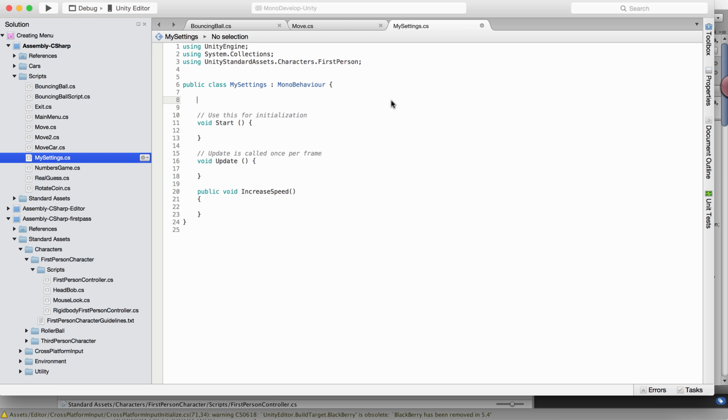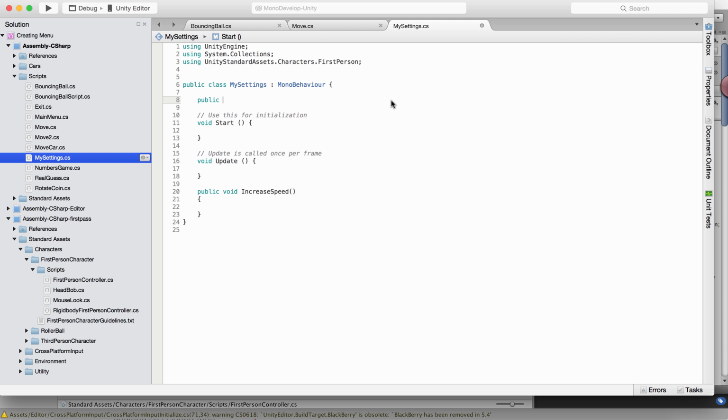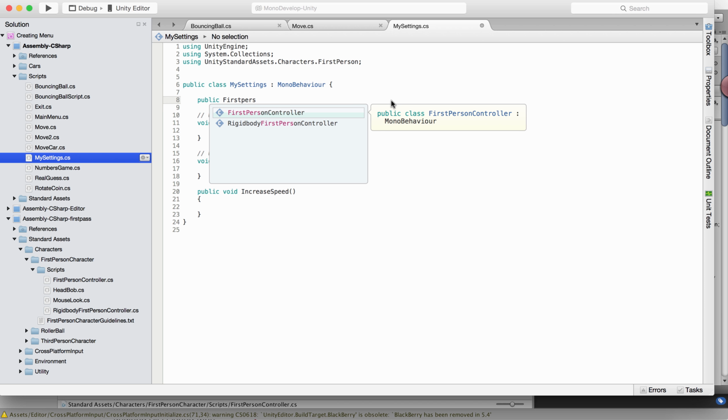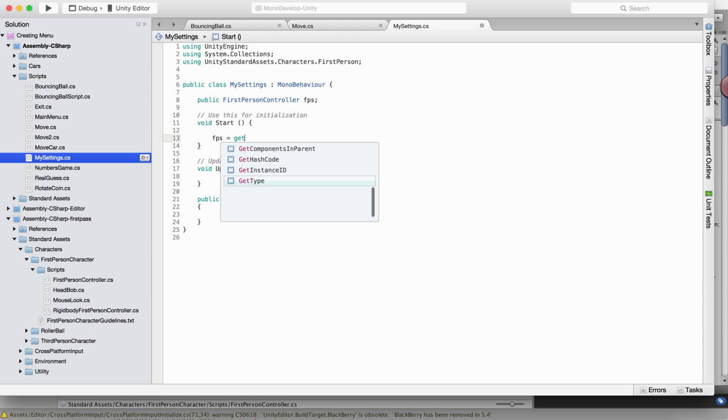So I actually first of all create a variable over here, public FirstPersonController. My computer is a little slow today. I'm gonna call it controller, or actually this is the FPS, so I'm gonna call it controller or FPS, whatever you like. And I'll say FPS, what is FPS? So I'm gonna GetComponent. I need the access to the script inside this component. So I'll pass on my first person controller to this FPS like we did before, and now I'm gonna get